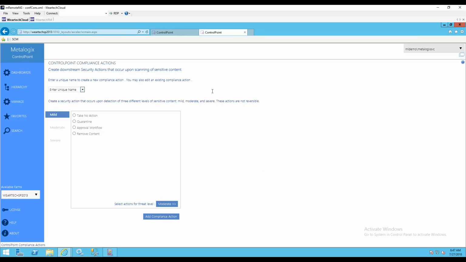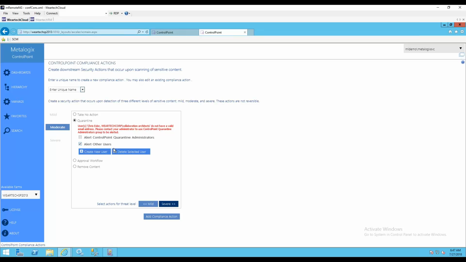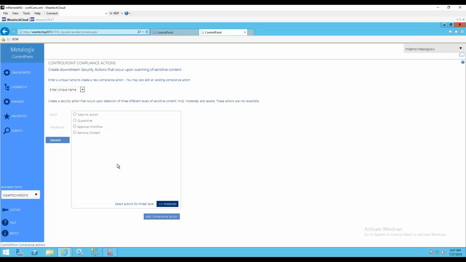Well, here in ControlPoint, we can define what that means. We can say that if a document comes back with a mild sensitivity, let's say I want to take no action, but I do want to let so-and-so know, right? However, when it's moderate, I want to go ahead and quarantine it, and I'm going to let some people know when that occurs, right? When it's severe, well, guess what? I want to go through an approval workflow, or maybe I want to remove it outright and let my leaders know. So as you can see, these downstream actions are defined here in this manage section, by the way, manage